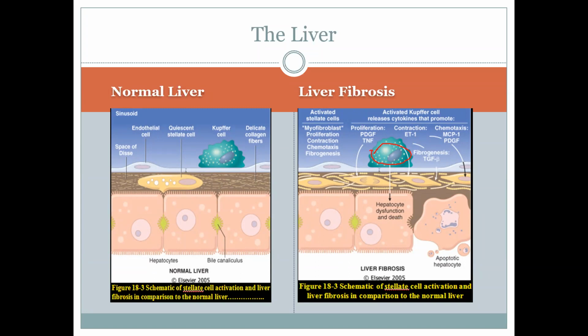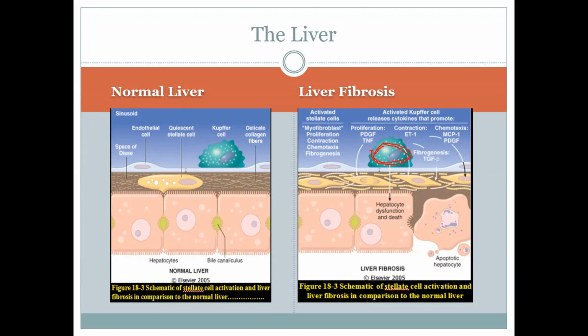They will receive different kinds of messages: ischemic messages, toxic injury messages, infectious messages. The result of this is that the Kupffer cells are going to be making